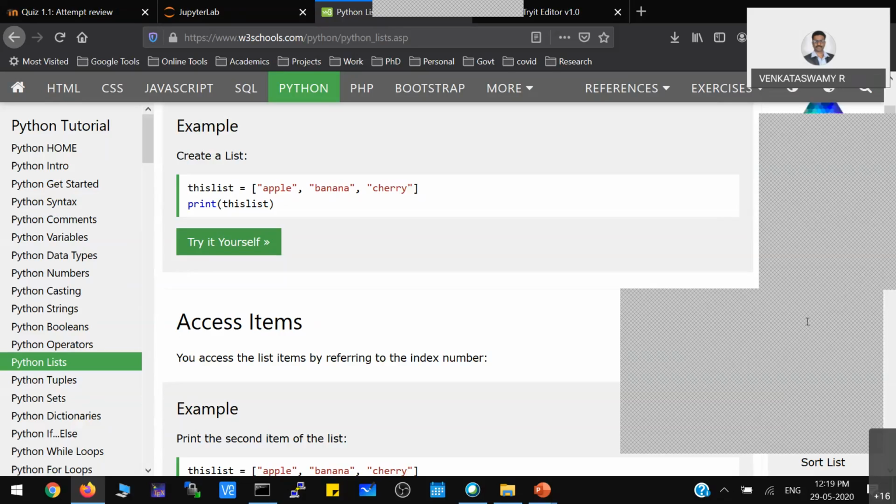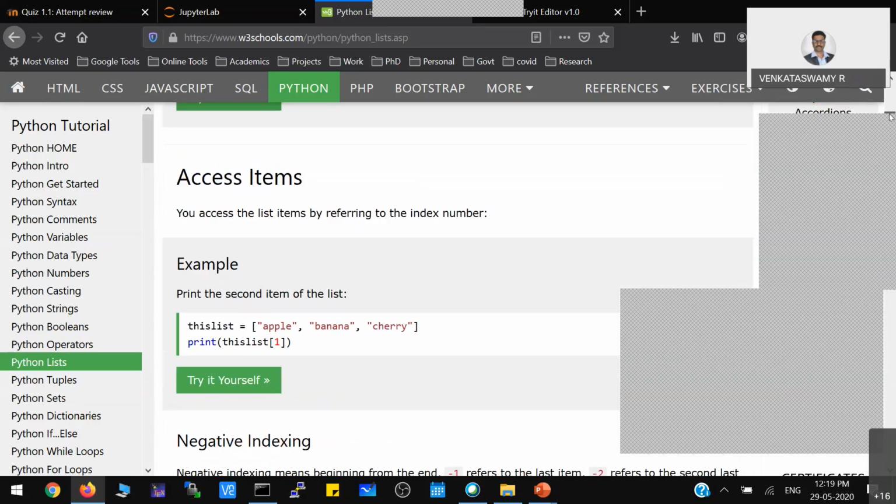You can see. So what I'm telling, you simply have to go through this W3Schools website and go through the basics of Python. It takes some 3 hours to learn. Just equip yourself in all these items, then you can learn better.